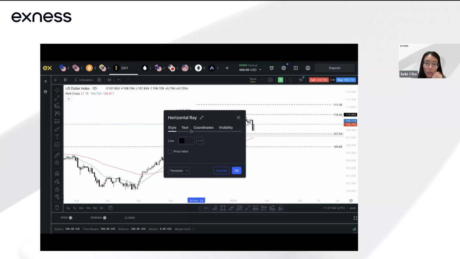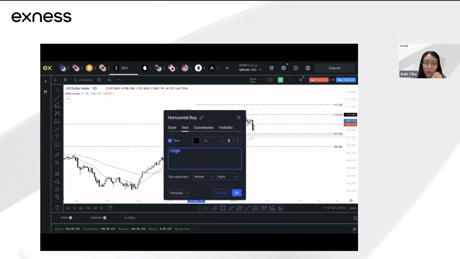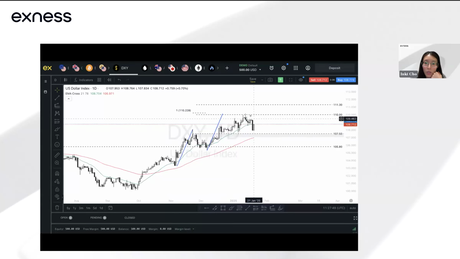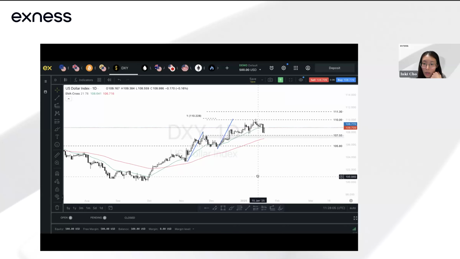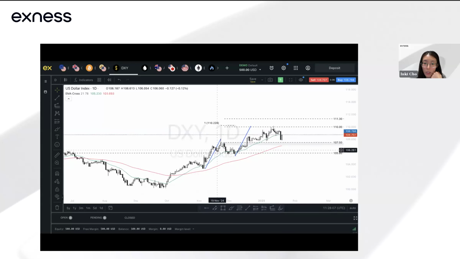also the 110 level, it's just based on key support resistance levels. Over here, we saw that price pulled back slightly. It is still hovering within this range, as you can see. And in terms of market structure, you can still see higher lows and higher highs being formed. So for me, unless price breaks below and closes below the 107.50 zone, this whole direction is still bullish. The other thing to take a look at is how price is forming this potential channel. We're seeing this ascending channel that's being formed here.